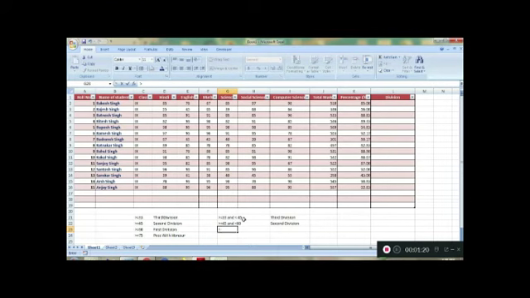And if greater than or equal to 60% and less than 75%, he will get the first division. And greater than or equal to 75% and less than 100%, he will pass with honor.